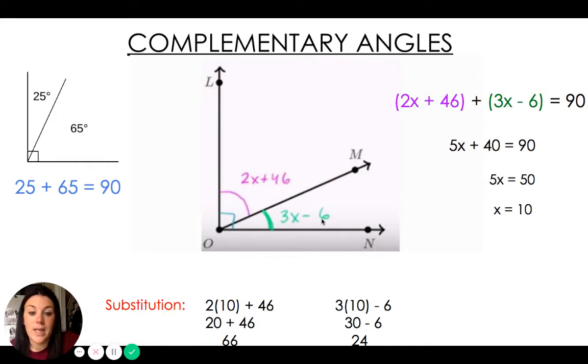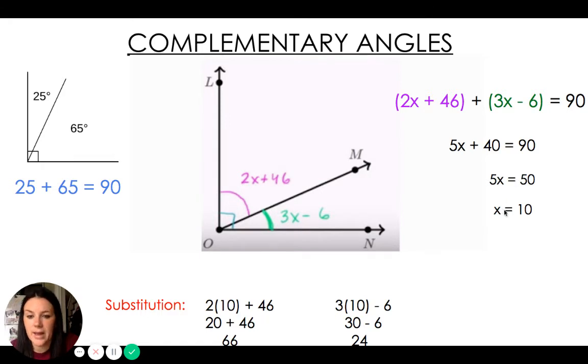In order to find the angle measures that add up to equal 90, we can write an equation. Since they're complementary, angle 1, which is 2x plus 46, plus angle 2, which is 3x minus 6, has to equal 90 degrees. Then we just go back to the basics of solving equations. You combine the like terms, so 2x plus 3x is 5x, and 46 minus 6 is 40. You solve this two-step equation by subtracting 40 on both sides, and you're left with 5x equals 50, so